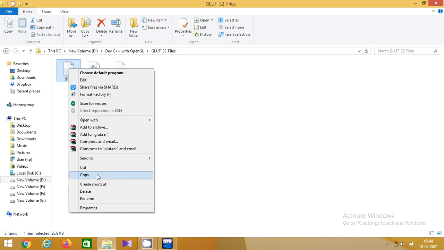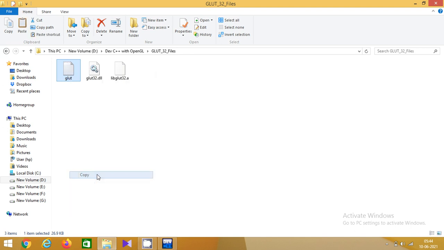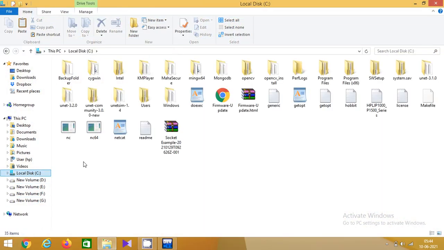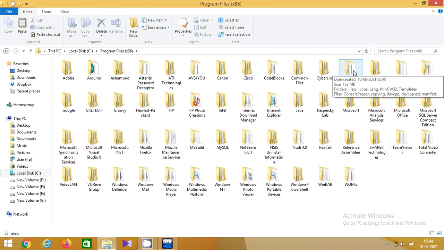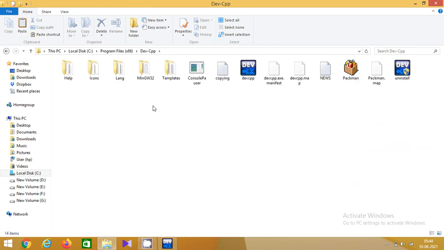Go to copy, then go to Program Files x86, there go to Dev-Cpp, then in that you will find a subdirectory by the name MinGW32.